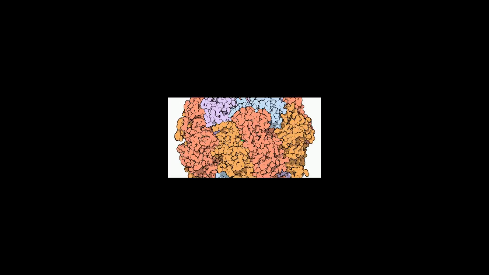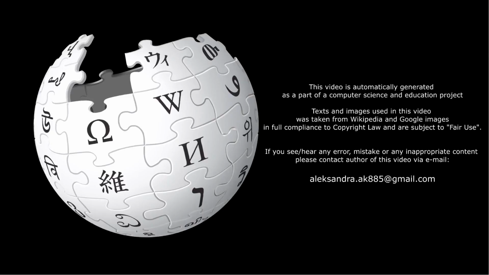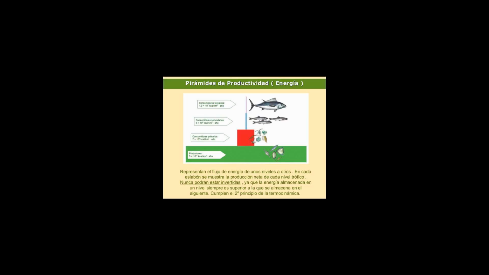RuBisCO is important biologically because it catalyzes the primary chemical reaction by which inorganic carbon enters the organic biosphere, while many autotrophic bacteria and archaea fix carbon via the reductive acetyl-CoA pathway, the 3-hydroxypropionate cycle, or the reverse Krebs cycle. These pathways are relatively smaller contributors to global carbon fixation than that catalyzed by RuBisCO. Phosphoenolpyruvate carboxylase, unlike RuBisCO, only temporarily fixes carbon, reflecting its importance.